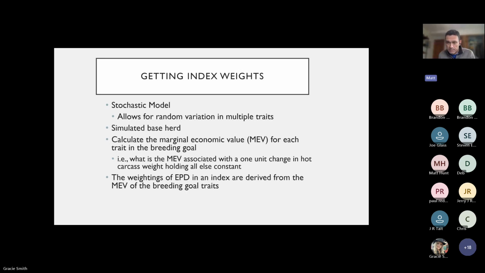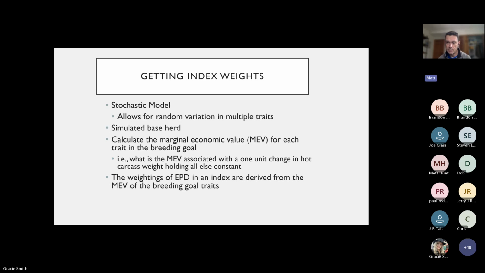And that becomes how we might calculate that trait's marginal economic value: hot carcass weight, change it by one unit, look at how that changes the enterprise's profitability, then set hot carcass weight back to the original value and move to the next trait. Maybe that's IMF. Change that by 1 unit, look at how that changes the enterprise's profitability, and we get its marginal economic value. And it's those marginal economic values that become the weighting of the traits in the index,